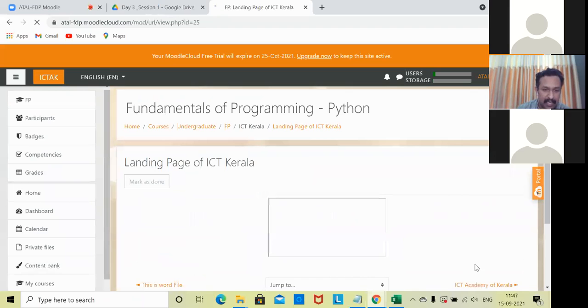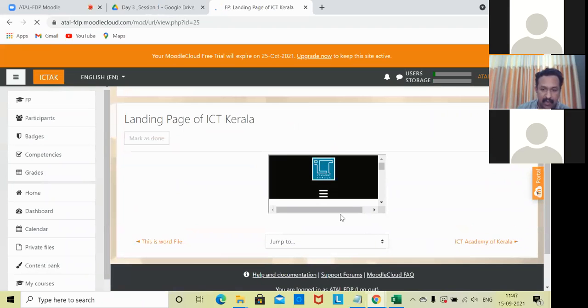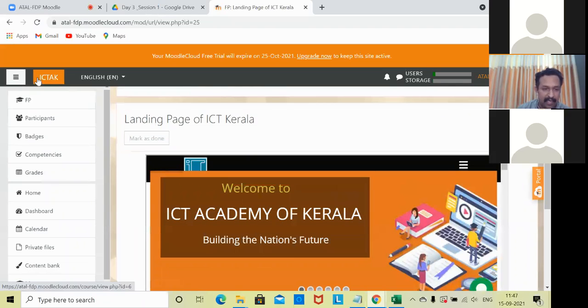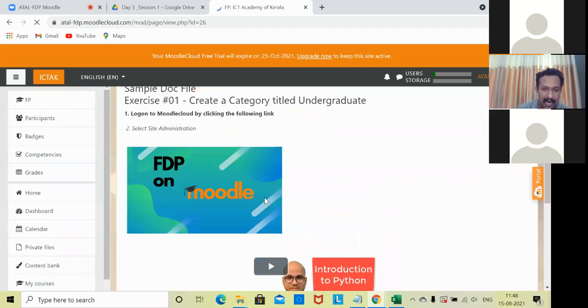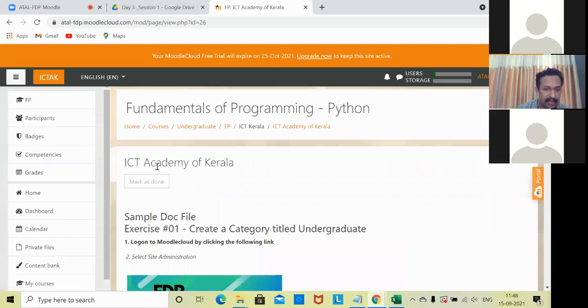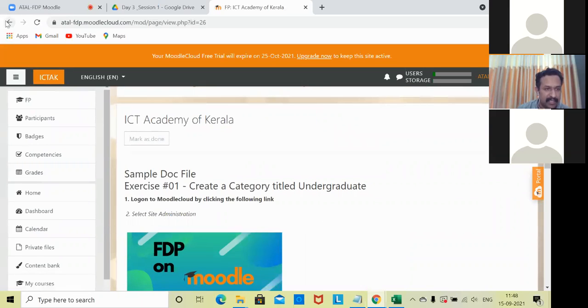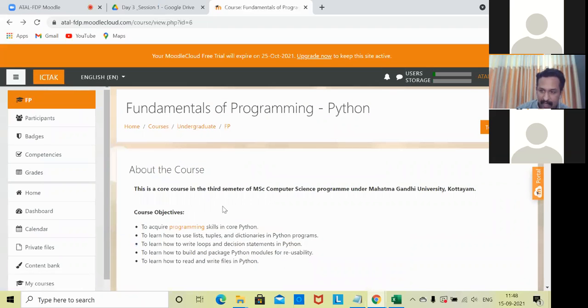It is a landing page of ICT Kerala, right? It is embedded. It is a landing page. Then some other documents related to the fundamentals of Python programming, on the exercise category, etc. Some two documents are over here.